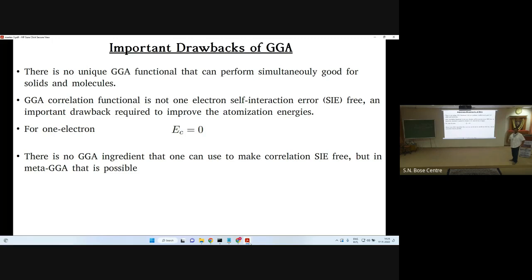When you are talking about individual electrons, that means the orbital picture should be there, and that's how the functional will now depend on the orbitals. And in the whole density functional, what is the quantity that depends on the orbitals directly? The kinetic energy density. So that is how the kinetic energy density will come into the picture of this functional. Way back in 2004, Perdew and Staroverov figured that out, and there was another person, Jianmin Tao, who has done a lot of work with John Perdew. So that is the thing. If the self-interaction is included, then the correlation for one electron will be 0. And that is how